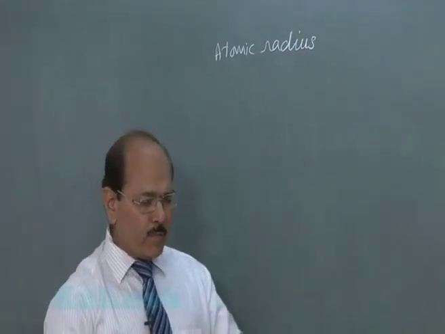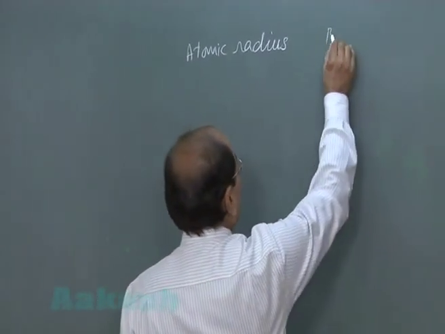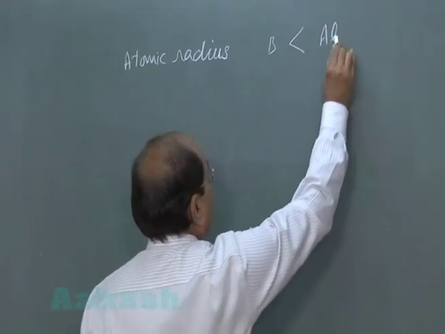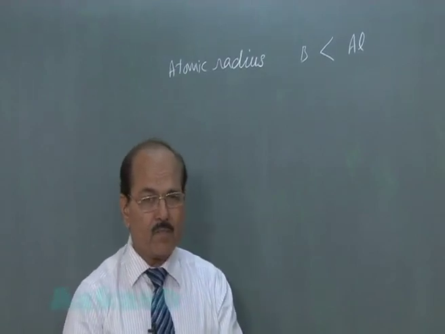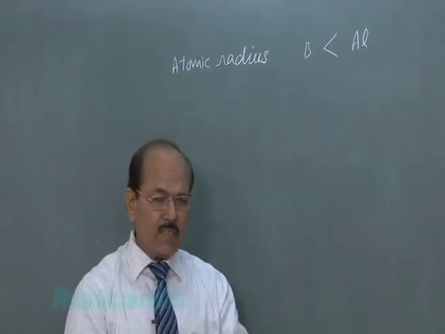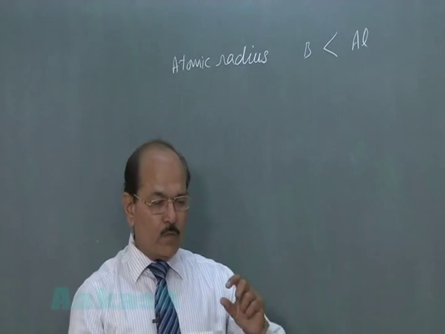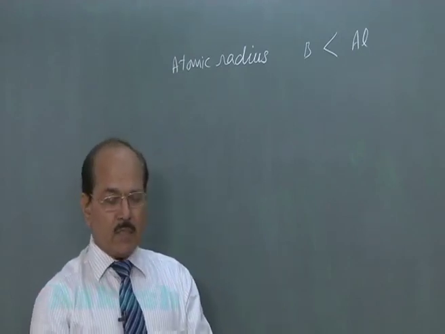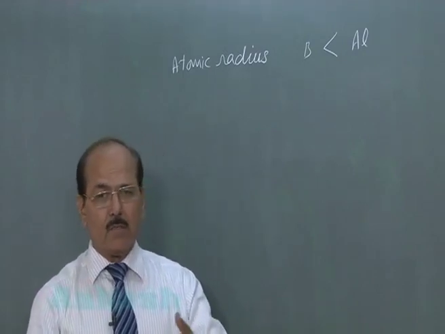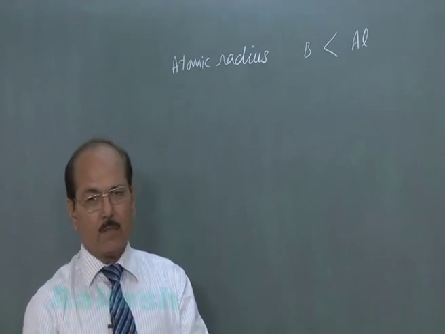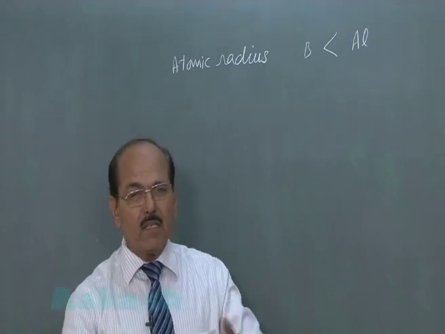Atomic radius. Boron, being the first element of the group, has the smallest atomic radius. When we move from boron to aluminium, there is an increase in atomic number of 8. 8 electrons have increased. Now, where have these 8 electrons gone? These 8 electrons have gone to S and P orbitals. The shielding of S and P orbitals is very high. In fact, the shielding of S electrons is maximum, followed by P electrons. Because the shielding of S and P electrons is very high, there is a considerable increase in the atomic radius.